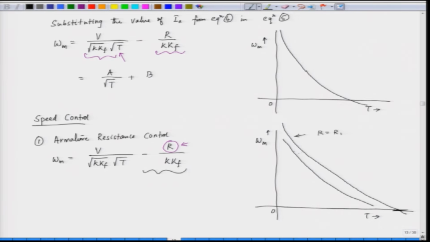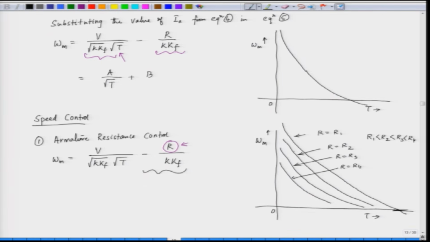This is for r equal to r 1, r 2. Now, we further reduce the value of r, make it r 3, the profile will shift towards the left again, make it again more, the profile will shift like this. So, this is for r equal to r 3 and this profile is for r equal to r 4, and here r 1 is less than r 2, is less than r 3, is less than r 4. So, we are increasing the value of r.